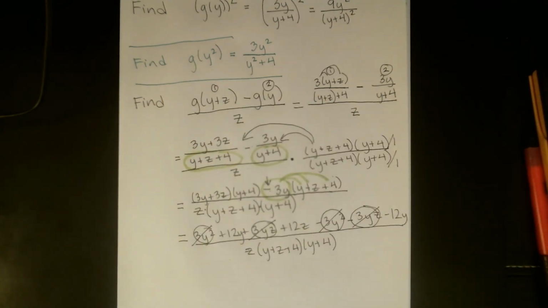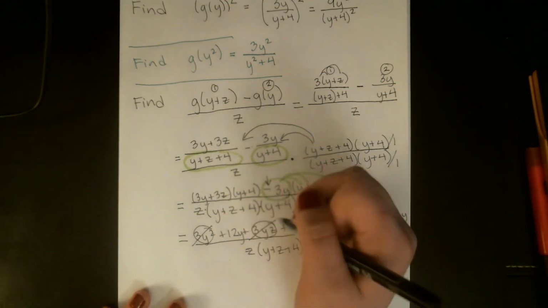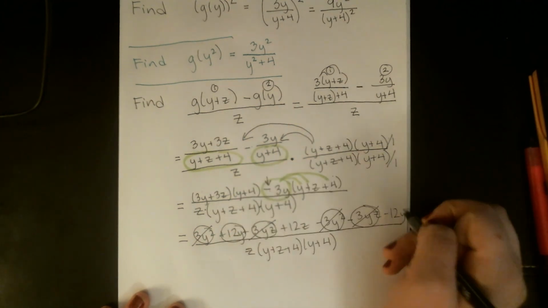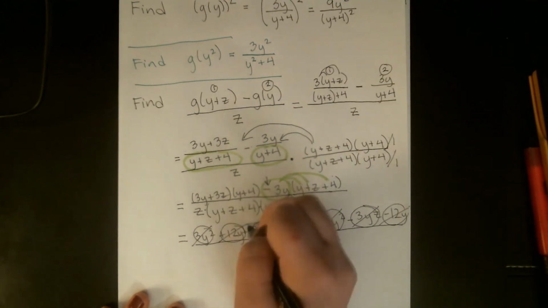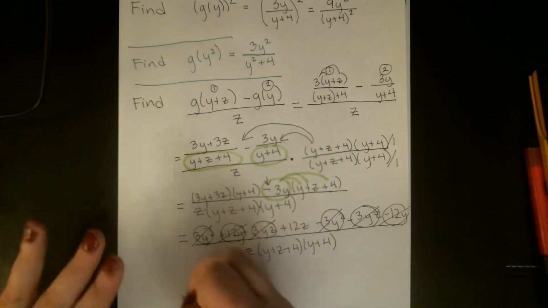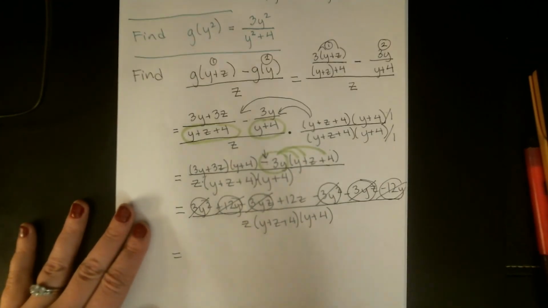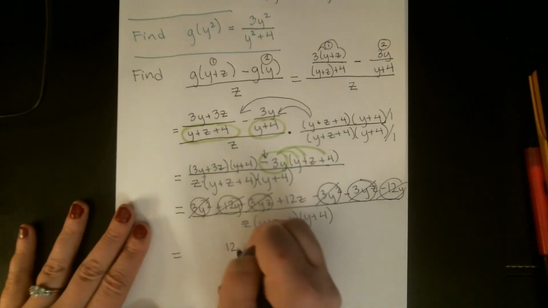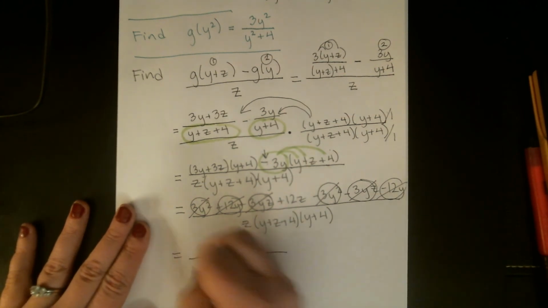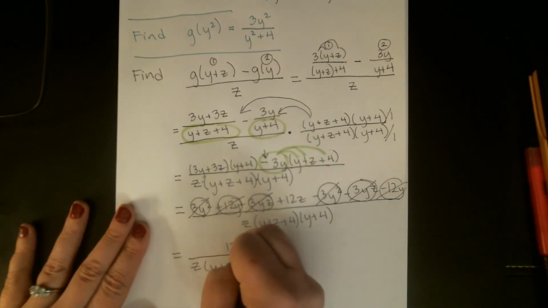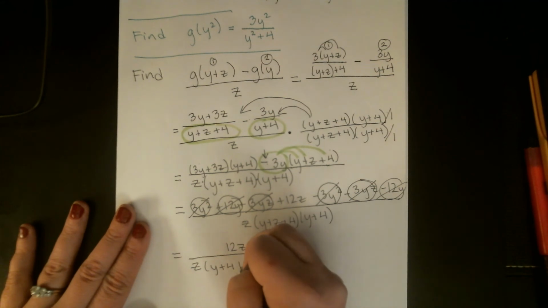So again, trying to be really clear here, that is not a division. I'm just adding or subtracting terms and ending up with 0. So cross them out completely because 0 is left over. Last one, I have a 12y and a minus 12y. So those as well will add up to 0, which means really all I have left here is a 12z divided by z times y plus 4,